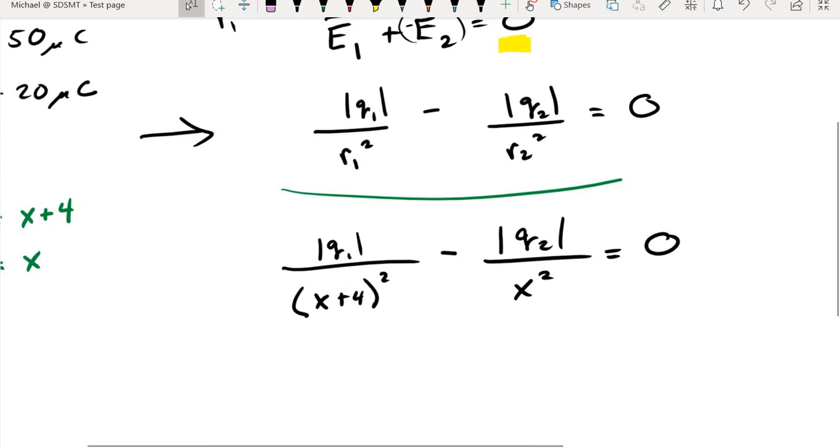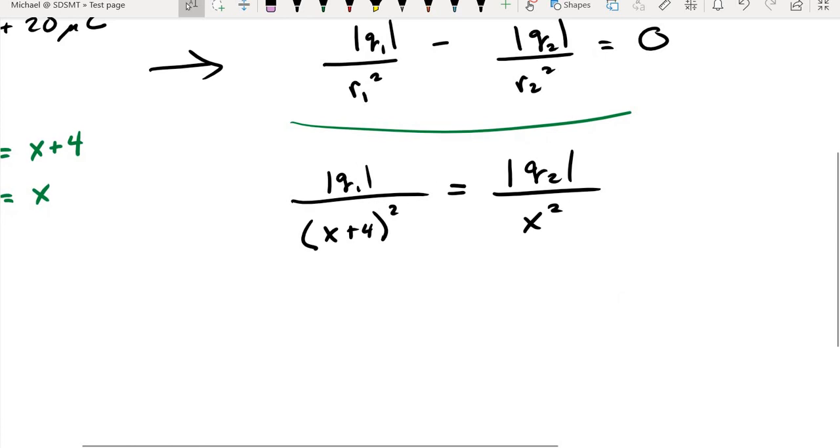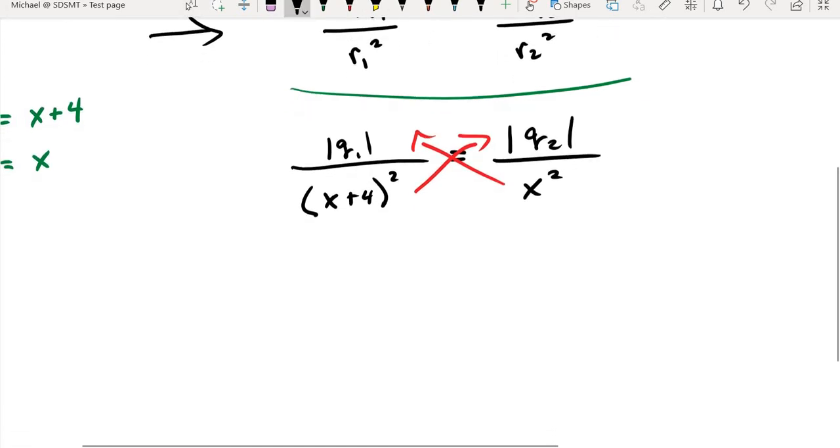I'm going to move the Q2 term over to the other side of the equality. And the reason I want to do that is we have a little bit of exchanging to do here. We're trying to solve for the value of X, and that's going to be difficult if X is down in the denominator. So I'm going to do a cross multiplication to move those denominators up,